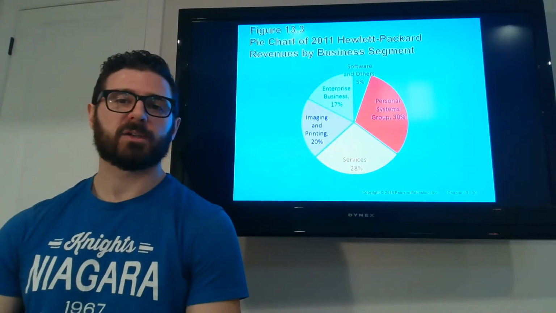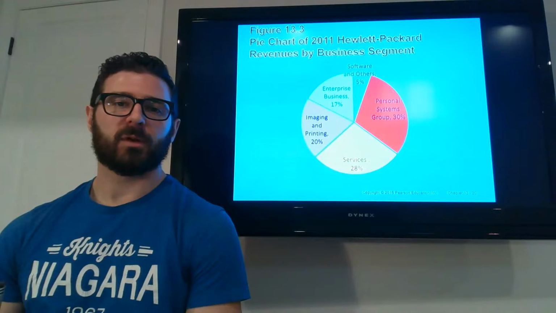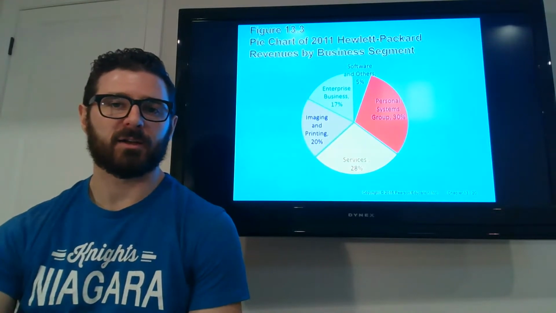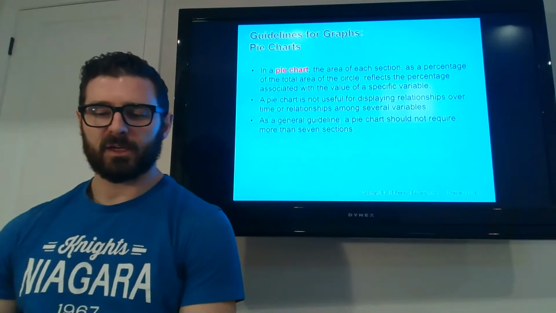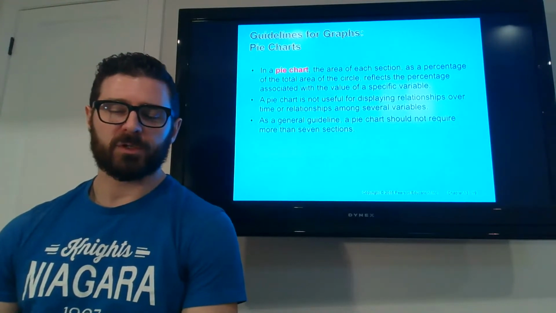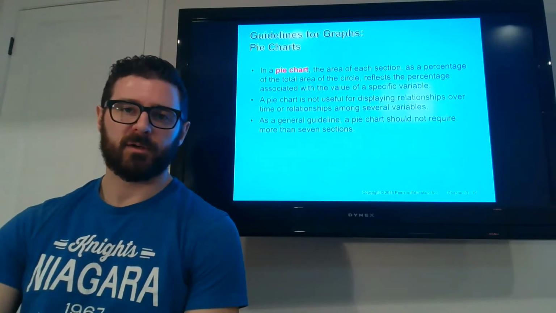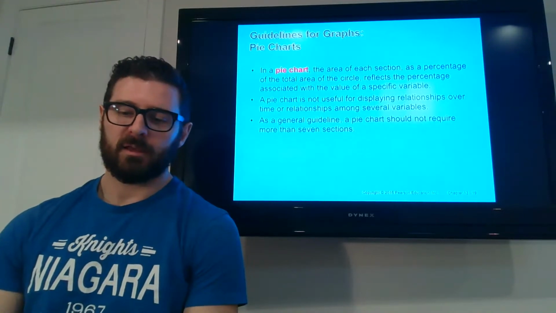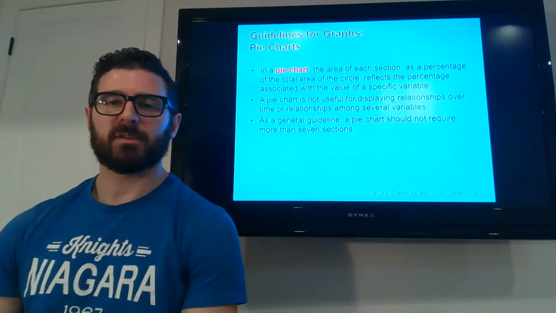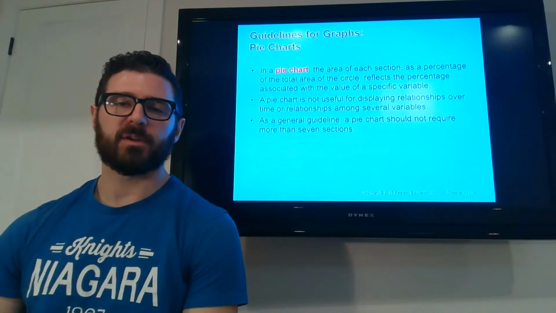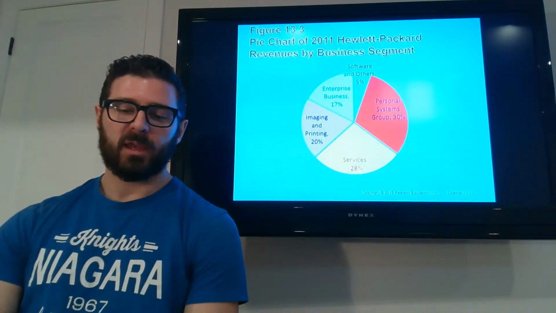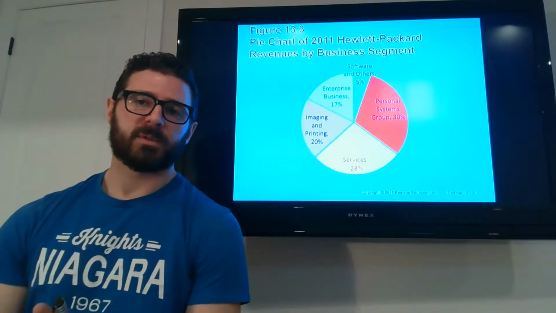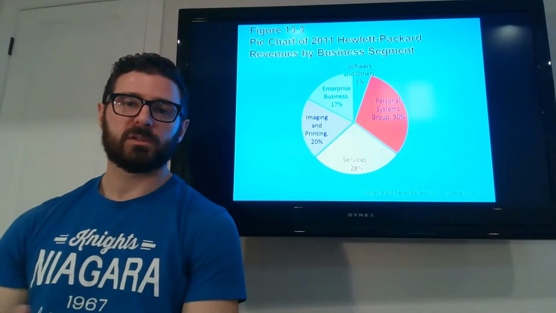Bad uses of pie charts: if things don't add up to 100%, then it's not a good way to illustrate that information. Another thing to think about, you should limit the number of slices. If there's more than 7 sections, things get really difficult to read on a pie chart. So if you have things that add up to 100% and you have more than 7 categories, what do you do?